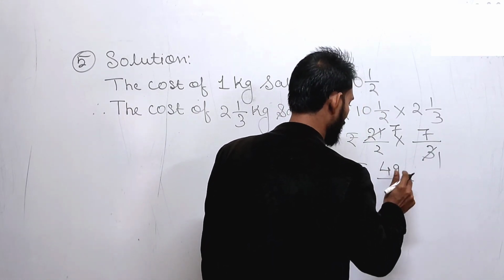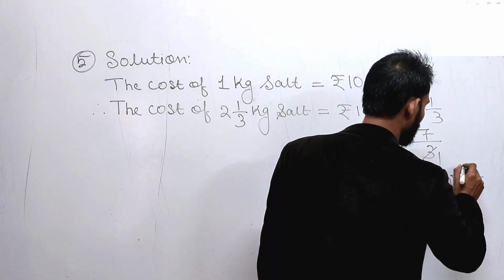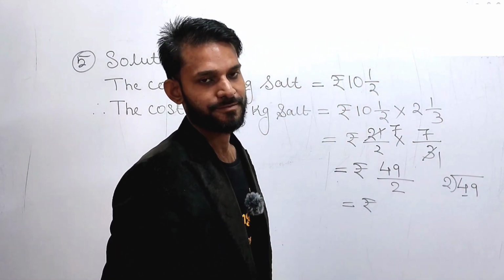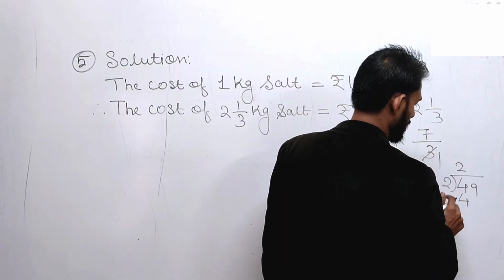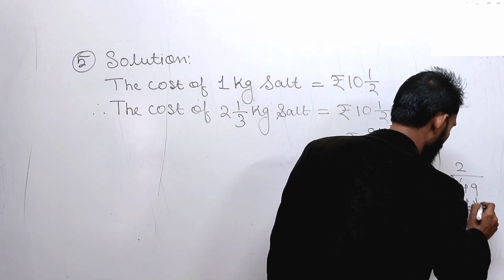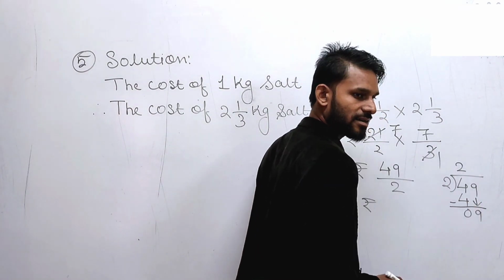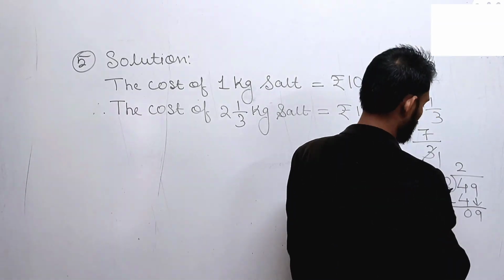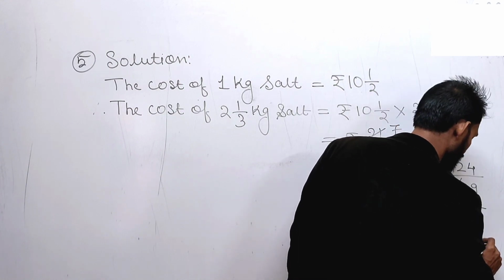Now you divide this 49 by 2. So in the multiplication table of 2, in how many times you get 4? 2 times. So 2 2s are 4. Now 4 minus 4 is equal to how much? 0. Now 9 will come here. In the multiplication table of 2, do you get 9? But nearest to 9 we get 8. In how many times? 4. So 2 4s are 8. 9 minus 8, that is 1.